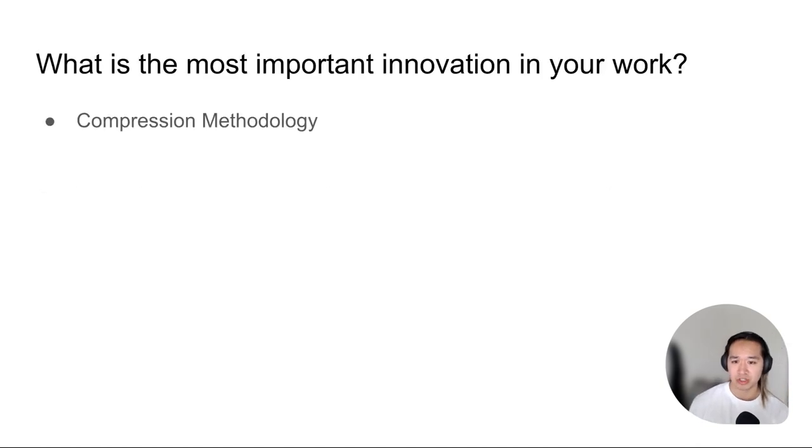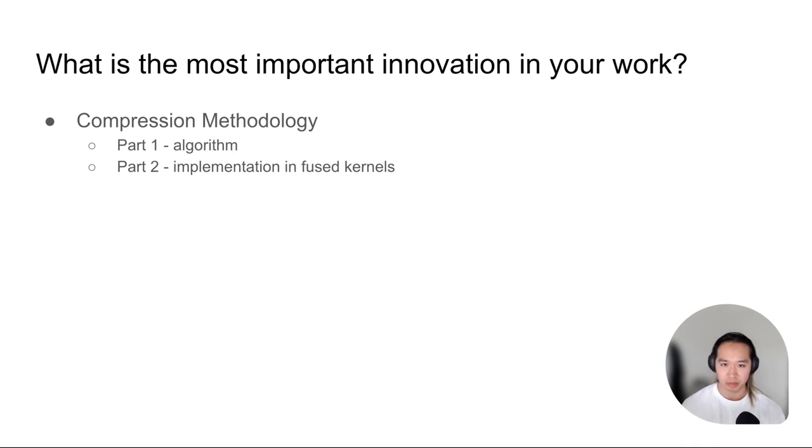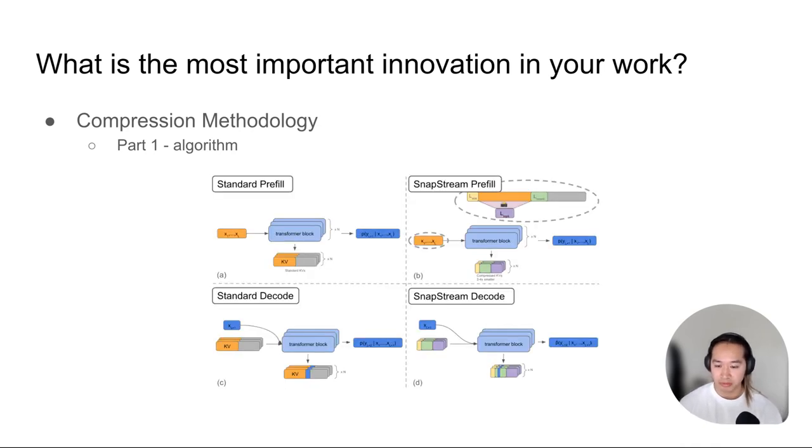So the most important innovation in our work is the compression methodology, which we can separate into the algorithm and our implementation. The algorithm takes into account the fact that prefill and decode, the two stages of LLM inference, are usually allocated to different hardware resources, whether that's a single socket or a single node or a cluster of nodes or a different number of nodes for each. You can see in the diagram, which is figure 3 in our paper, that the KV cache structure looks a little bit different in the SnapStream version of both prefill and decode. And that's to account for the sink, top K, and recent windows that are a big part of the compression